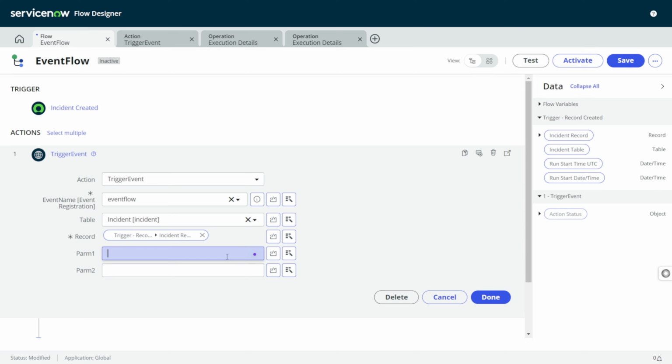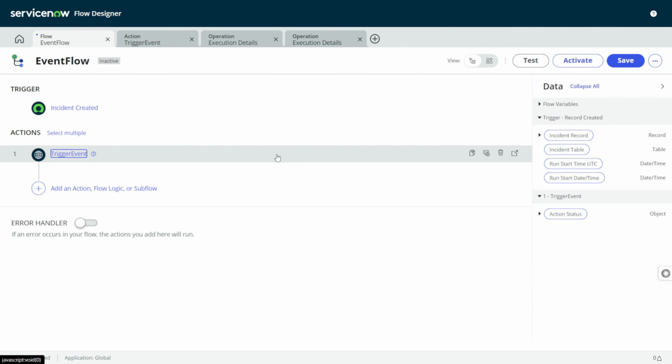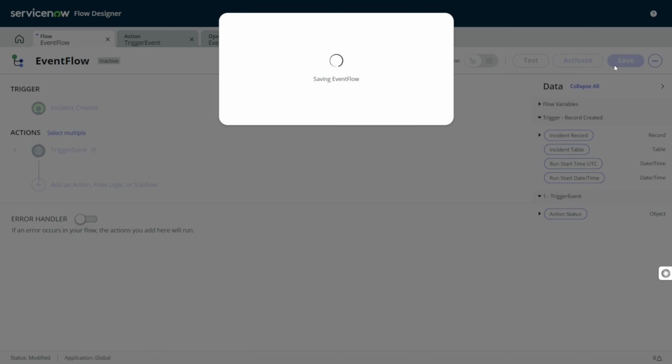We can give test from flow param 1, and for the next we can give test from the flow param 2. Done. I will not add any other things, because this is what we want to see. So I'll save this